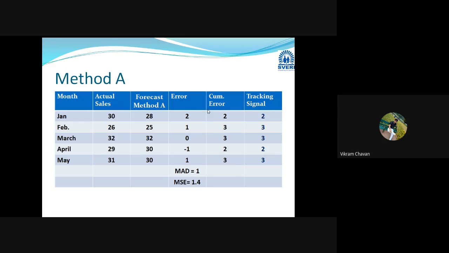Roll number 20. 21, yes, sir. Okay. Omkar. 22 absent. 23 absent. 24 absent. 25 absent. 26, 27, 28. 27, still 27 today also absent. Okay. 28 absent. 29,